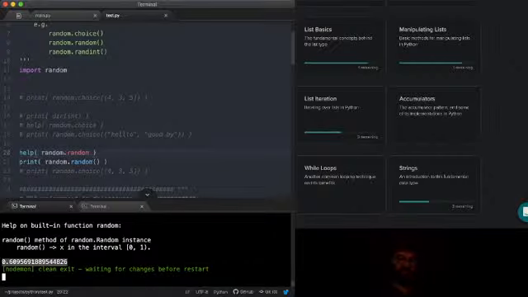It'll never be less than 0. It might be equal to 0. I think it can be equal to 0 or equal to 1. So it'll be greater than or equal to 0 and less than or equal to 1. I'm not sure exactly on that. I'm not sure if it includes one boundary and not the other, or includes both or excludes one or something. Anyways, so that's how random.random works.